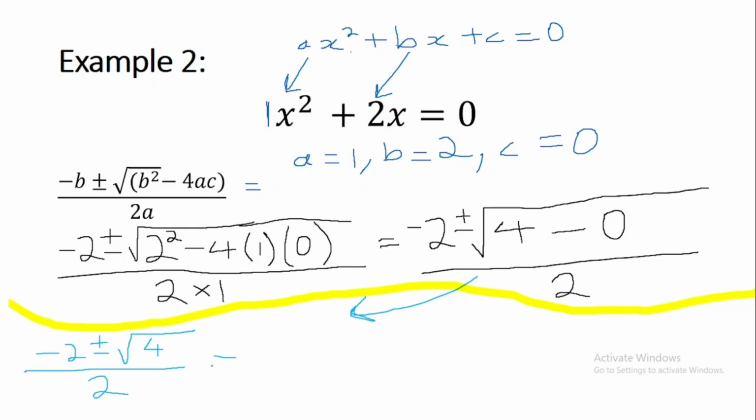Okay, so the square root of 4 is going to be 2. So now we have 2 possibilities, where we have negative 2 plus the square root of 4, which is going to be 2, so negative 2 plus 2, all over 2,